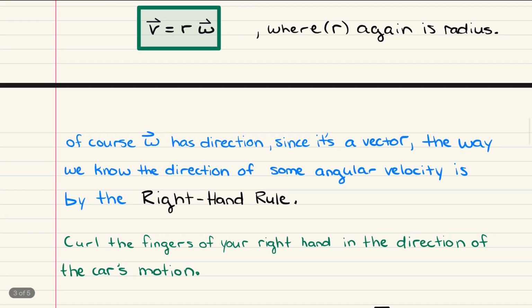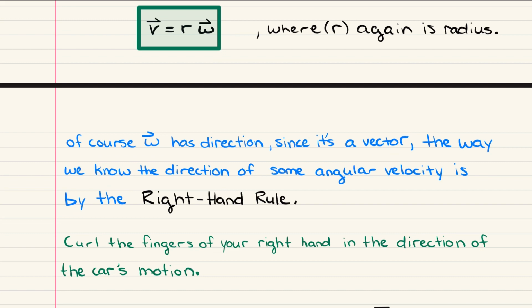Now, of course, angular velocity has a direction because it's a vector. So let's actually talk about that, because it may not be exactly the way you think. We actually use a third dimension when we're talking about the direction of angular velocity, because there's not a way of expressing the definition in the two-dimensional plane. So we use what's called the right-hand rule to distinguish the direction of angular velocity when it's going clockwise versus